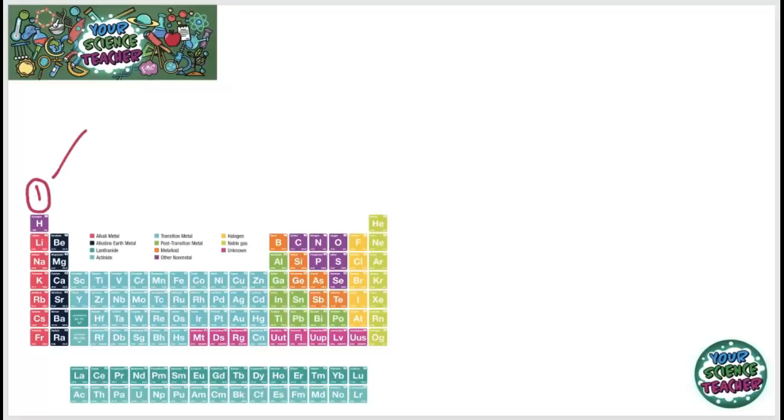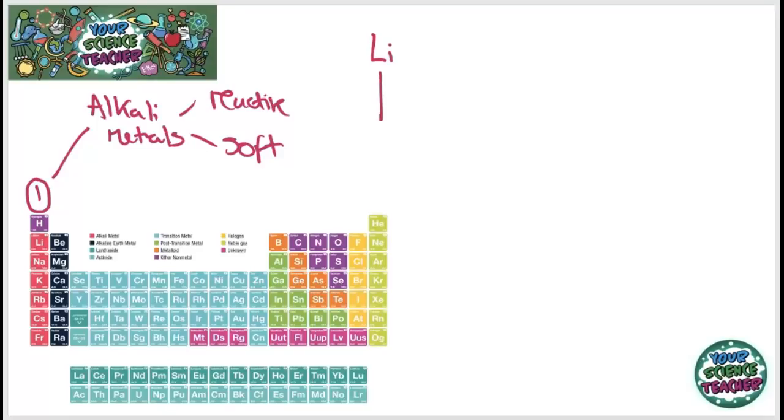And group 1 are known as the alkali metals. With the alkali metals, they are incredibly reactive. They are soft, meaning that you can cut them, and also they make alkaline solutions when added to water. Going down from lithium all the way to francium, you can observe some trends. For example, francium is the most reactive alkali metal that there is, and we can explain that by looking at